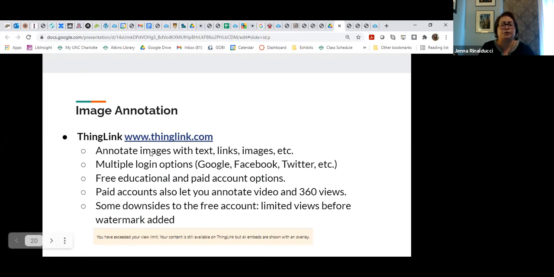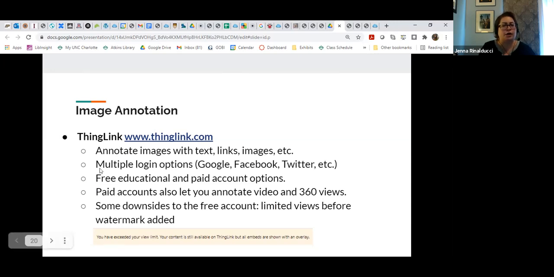So basically what I've done with these, I've used them both as a research and a teaching tool, annotating images with text, whether that's text kind of describing the work or the image itself, whether it's connecting to other links, say a museum link about the image, even other images themselves, quick links to say articles that are relevant, books that are relevant. So again, that research